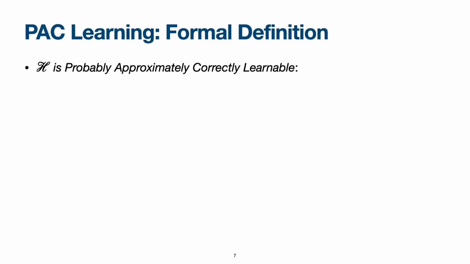Here's the formal definition of PAC learnability. We're going to say that a hypothesis space is probably approximately correctly learnable, or PAC learnable, if, in a sense, we can prove that there is an algorithm that, regardless of what accuracy you would like to establish, and what confidence you would like to establish, we can collect a data set that is big enough to provide these guarantees of accuracy and confidence. More formally,